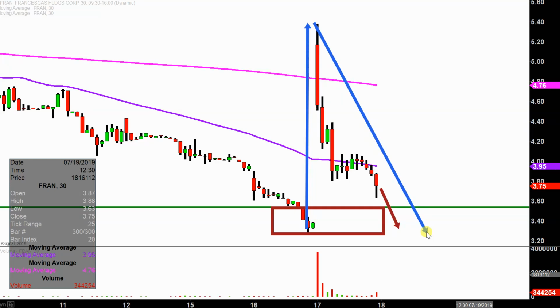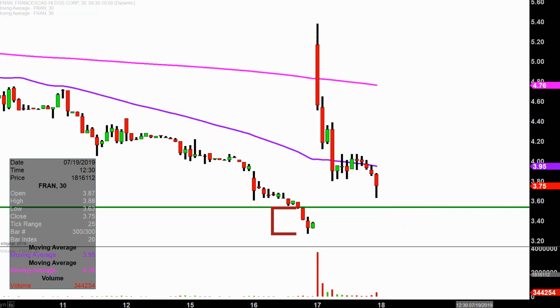That's why a lot of people are going to be watching 350, because that's that line in the sand in terms of, all right, is the price actually going to make some progress, or is the price going to go right back to where it was? What do I mean by make some progress? Well, if the price were to come down here, bounce around 350 and then work its way upwards,